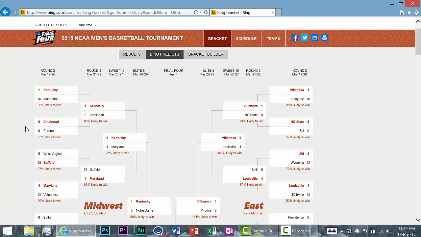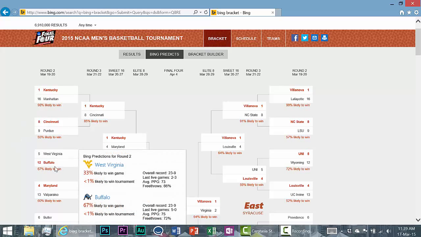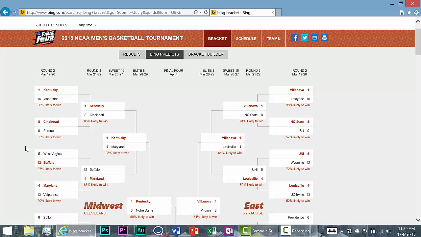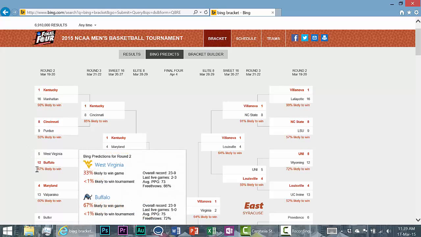So, as you go through here, you have an upset, number 12 seed Buffalo, the Buffalo Bison, beating the Mountaineers of West Virginia. They actually list that at 67% likely to win. So as you can see here on Bing, if you put your cursor over a team or even a match, you get just a very basic set of stats for each team: percent chance likely to win the game, overall record, their last 5 games of a trend, average points per game,